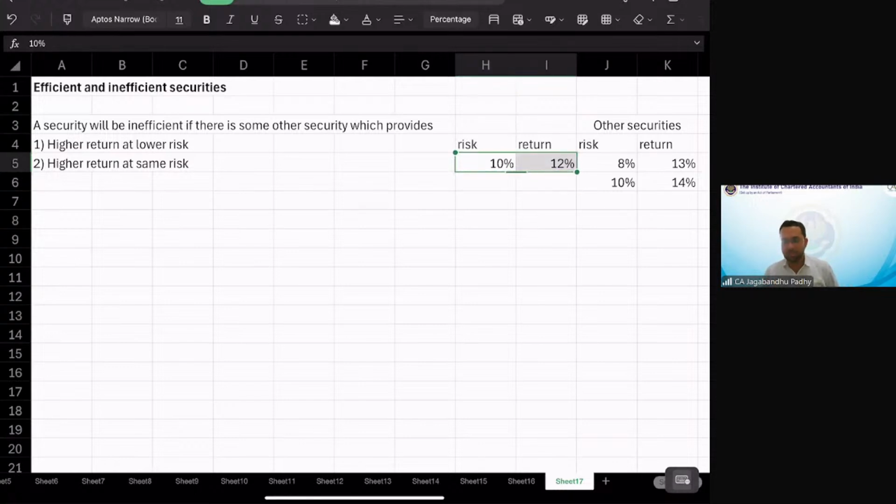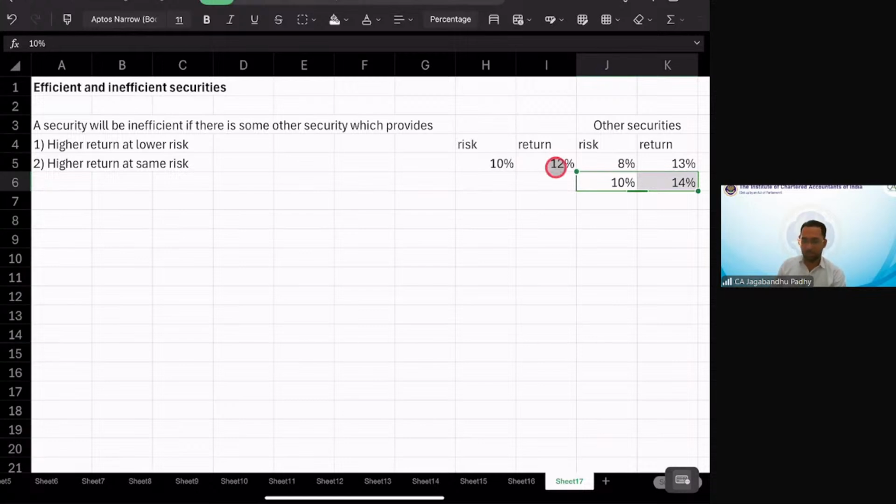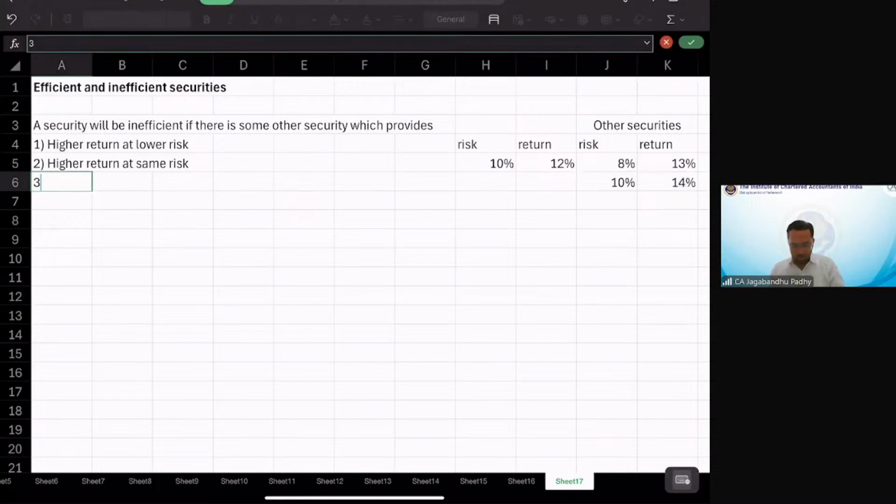Would you be invested in the original security, or would you like to shift your investment to the other security? Of course, to the other security, because at the same level of risk it gives you a higher return, right? And the third rule by which we'll say that a security is inefficient is